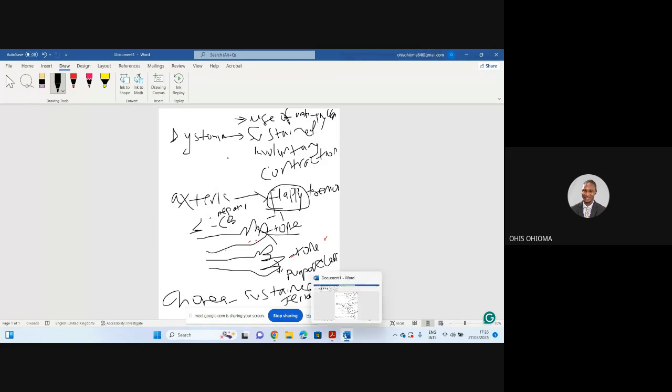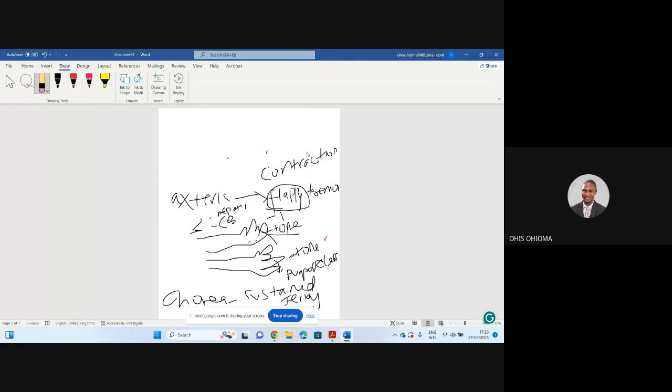And then the last but not the least we're going to talk about is hemiballismus. So what happens in hemiballismus is that the patient has this sudden flailing of his arm. It's like he's not in control of that part of his arm. So he just swings it abnormally. It could be the right or the left. He swings the right hand or the left hand abnormally. They call it flailing movements, basically. And these are usually involuntary flailing movements.